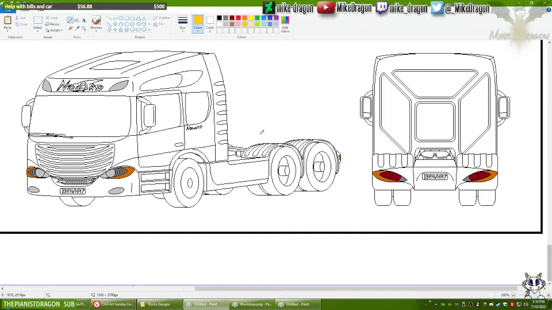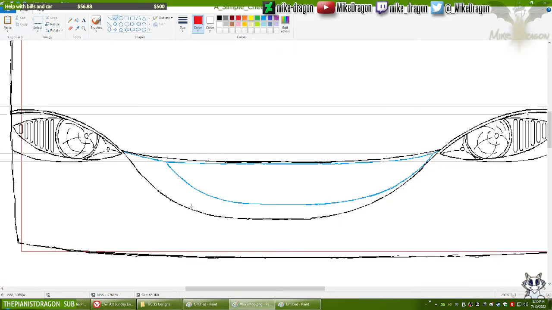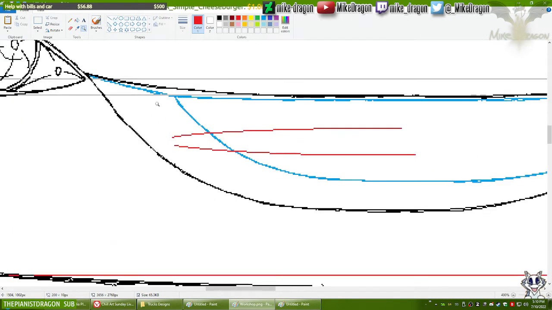Now for the actual trim, I think. Yeah. And there. Almost.